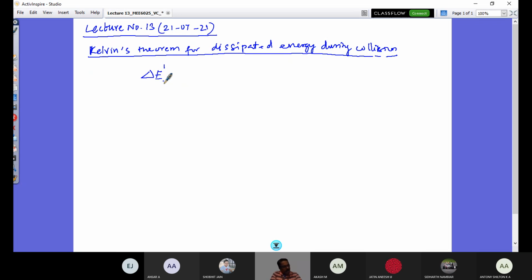You remember that in the morning class we calculated the energy loss percentage. So here it is delta E dash, called dissipation energy during collision, and that would be given by total impulse